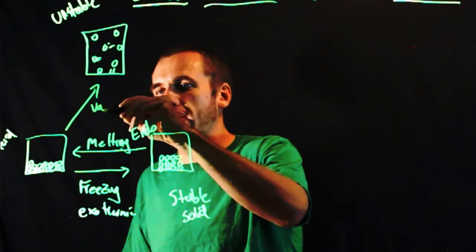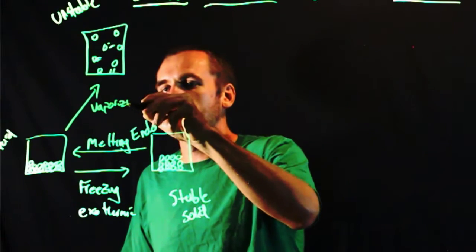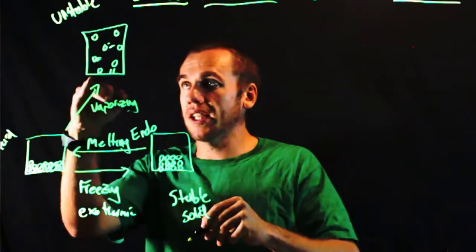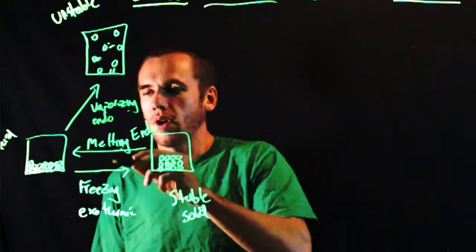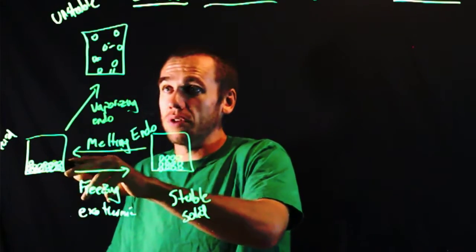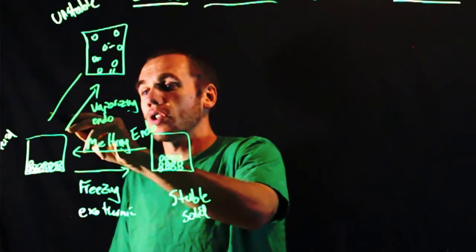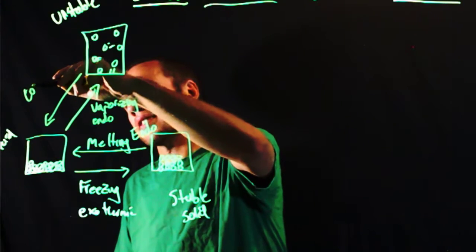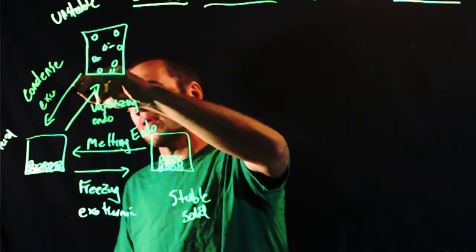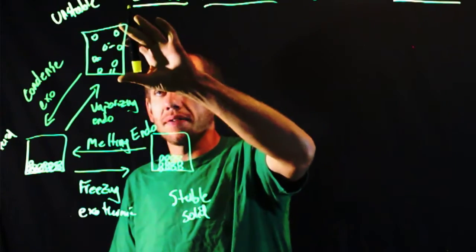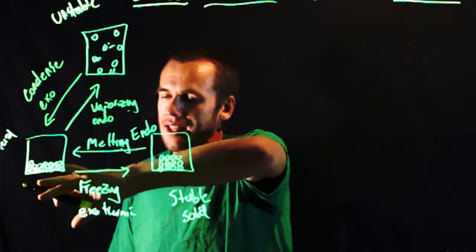This is called vaporizing. Of course, if I want to take a liquid and make it a gas, I have to add energy to it. This is an endothermic change as well because we're putting energy into the liquid to make it change to a gas. And of course, we can undo that. We can allow condensation to occur. And this is exothermic because we have to let the energy out of these particles so that they can condense